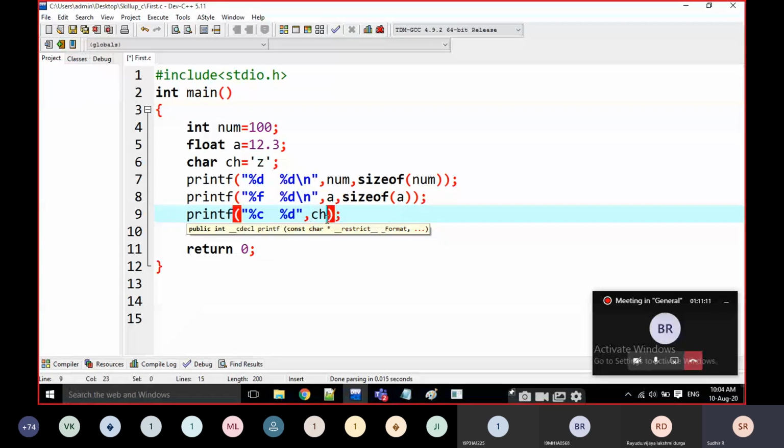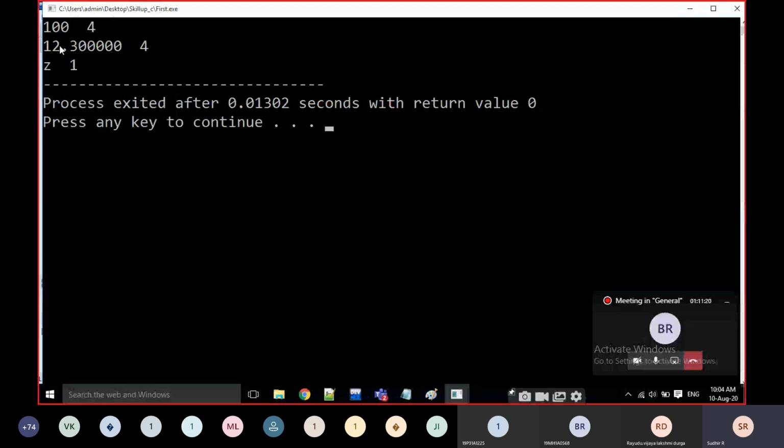Percentage d, size of ch. I'm going to execute it. Look at the output here. For integer it is 4 bytes. For float it is 4 bytes. For character it is 1 byte here. Note down.